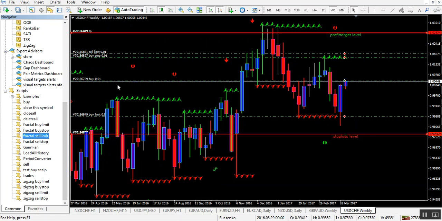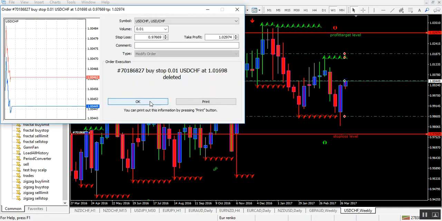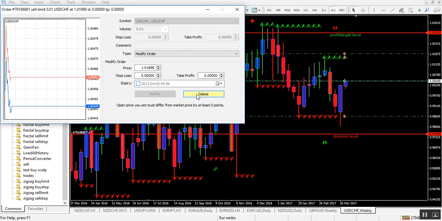And the other thing is, I don't want to close it. If I'd have looked up and that order would have been profitable, I'd have closed it. And you would see, when you don't have any orders on the chart, it will remove itself also. And the reason for that is,